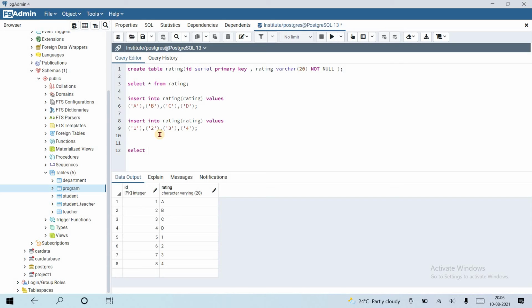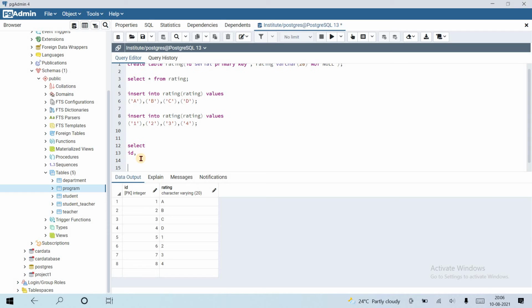Select ID, comma, and this rating. Okay, let's first select ID, comma one more field, rating, from the rating table.